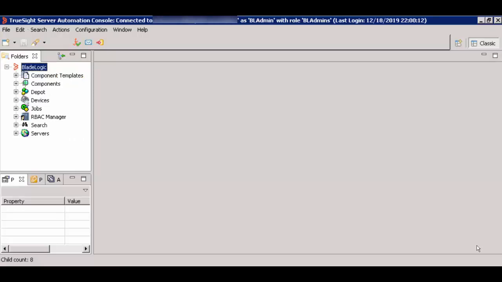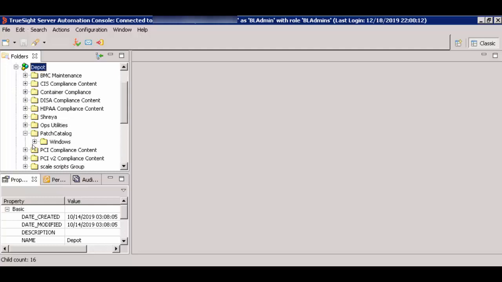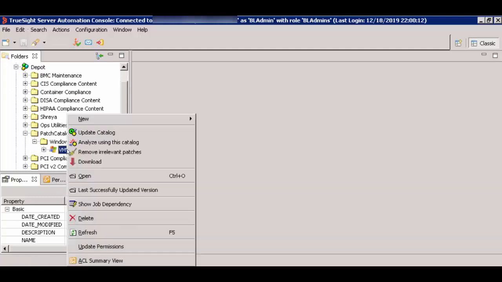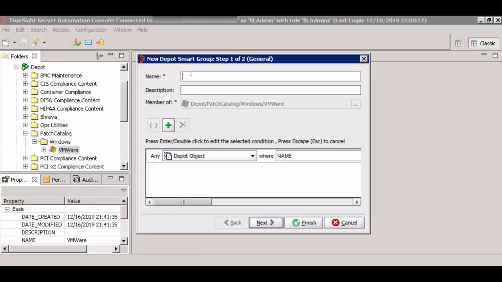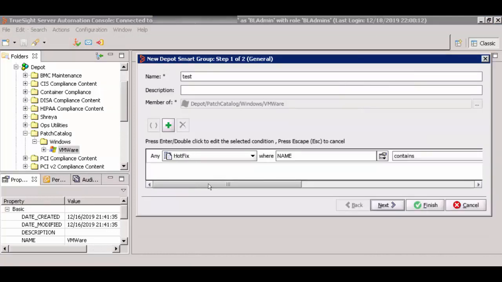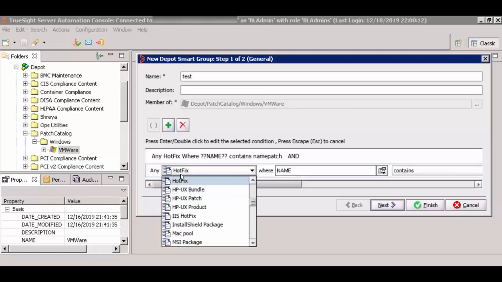Let's begin with how to create a patch catalog smart group based on various conditions. Go to the patch catalog in Depot, right click, New, Patch Catalog Smart Group, provide a name and a condition like any hotfix where name contains or equals the name of the patch, and one more condition or rule which is always recommended to keep is any hotfixes